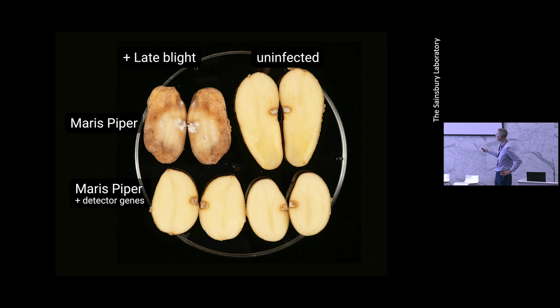What the guys at the Sainsbury Lab have done is they've found a gene that you can give to this potato that turns on its immune system and recognizes the pathogen. So plants have immune systems, but normally they don't recognize the pathogen that causes the blight. But in this case, you can add this single gene in, and now this crop is not going to be affected. Okay. So this is an example of how you can use genetic engineering or precision engineering to develop crops that are resilient to pathogens. And these pathogens are causing trouble in all sorts of crops, and they're always evolving. So we need to try and use these techniques to stay ahead and keep feeding the growing population.